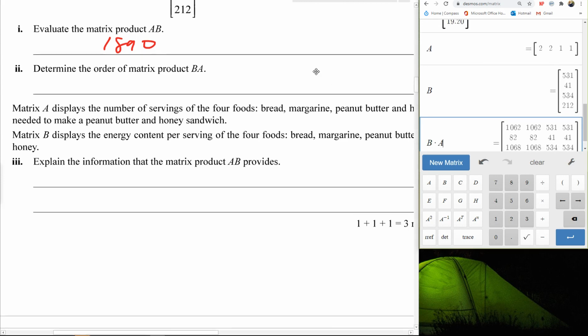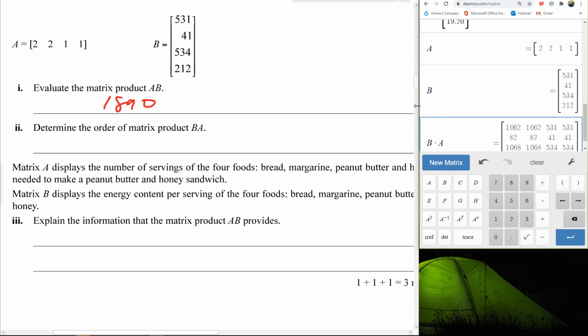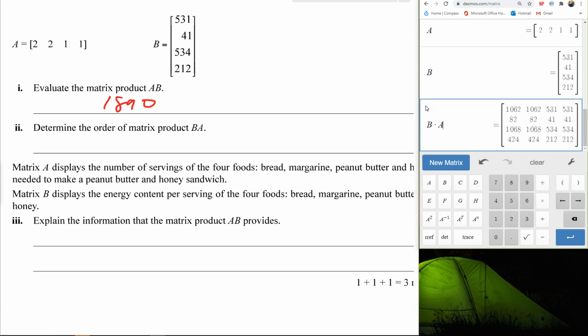So in this case, B times A, if you write down the orders of it, so B matrix is a,